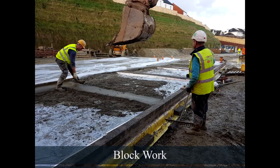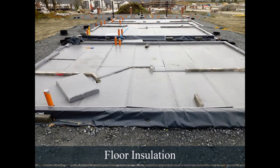From the timber frame drawings, the ground floor wall panel layout and base plan will give dimensions for supporting blockwork to external and internal load-bearing walls. The subfloor blockwork is then built to a depth of 225mm to accommodate floor insulation of 125mm and 100mm depth of concrete. Floor insulation is then added to the top of the radon barrier with perimeter stripes laid to stop